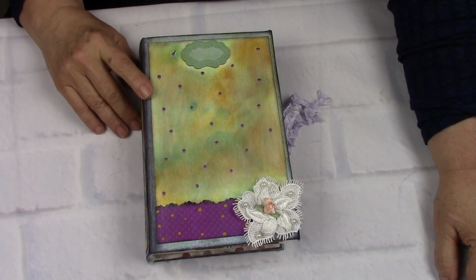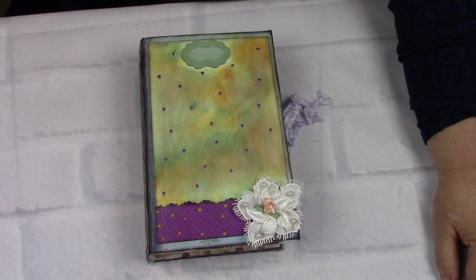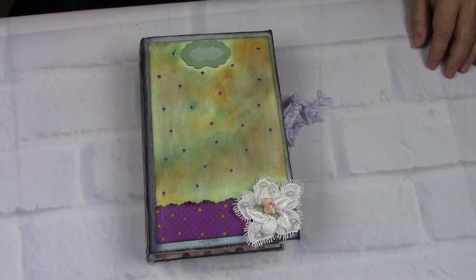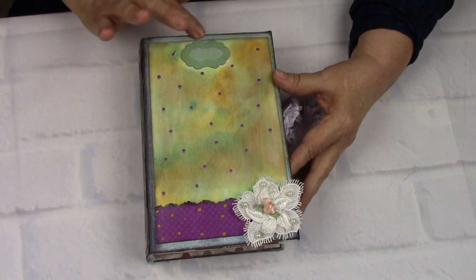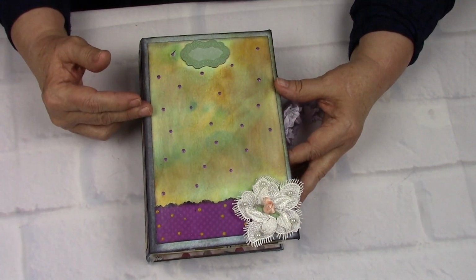But I am bringing in this one today, and this is MADDIE. MADDIE is a 6x9, and she has 144 pages. She has 5 signatures and 5 full-size envelopes. MADDIE is a cloth cover that has been made vintage looking, and then we have the decoupage